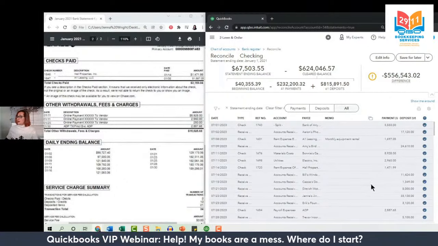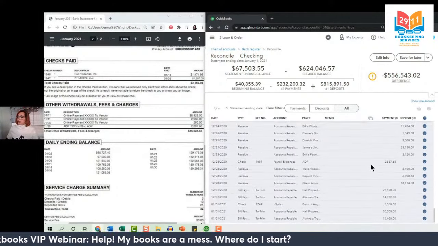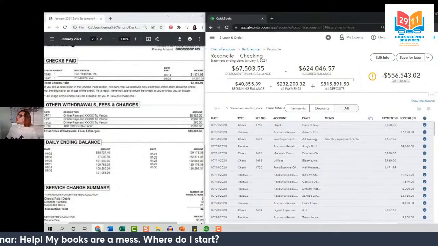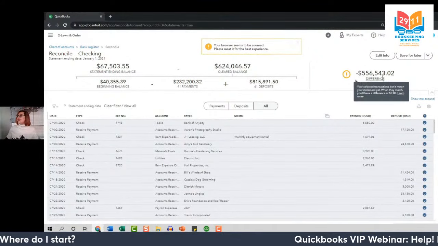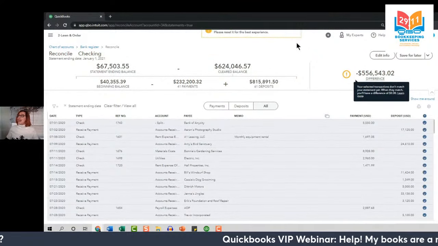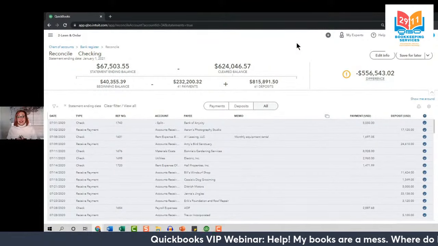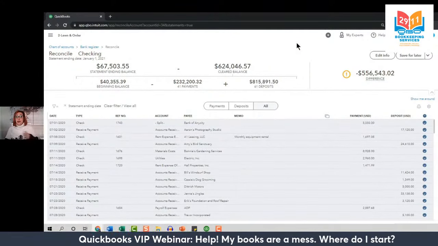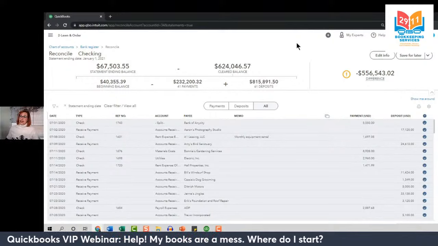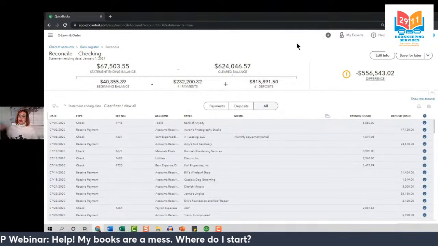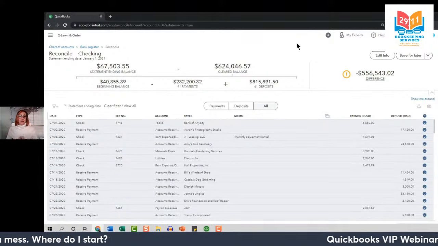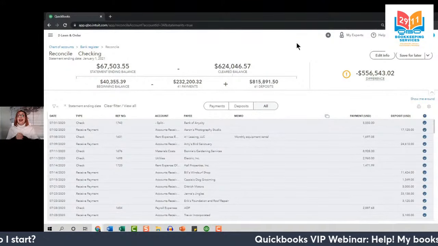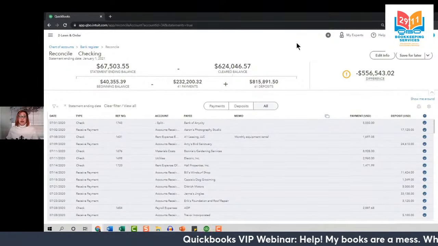Now I reset our statement ending date filter so we would clear out all those transactions. Let's go ahead and maximize this window. Now what you'll notice is that we have a difference. And that's okay, because in this scenario, we are cleaning up a whole year. For us, the last time we reconciled was in June, and now we're jumping to January. This is not normal, and you should not do this unless you follow that workflow.